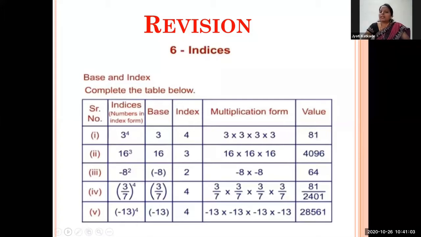See, the answer is positive for minus 13 raised to 4. When the index is an even number, the answer we get is always positive. If the base is negative and the index is any even number, for example minus 13 raised to 12, then the answer is positive because the index is even. Here 4 is even, so the multiplication of that base is a positive number. Okay, see next.